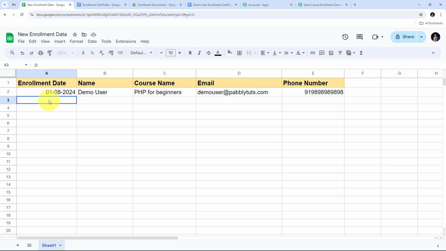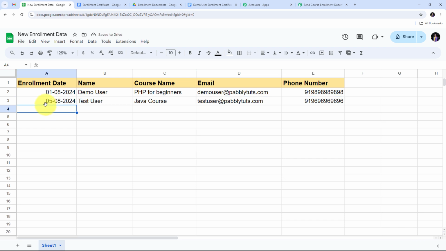So here the enrollment date will be 5th of August 2024, name will be test user, course name will be Java course, email will be testuser@pabblytudes.com, and I'm going to give a random phone number. So here we can see I have added the details of a new enrolled student in a new row, and